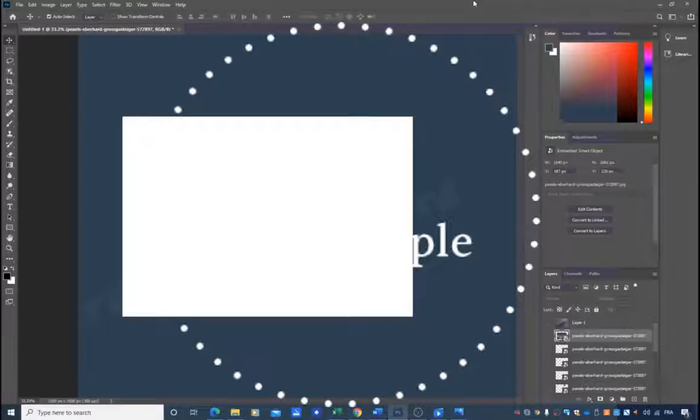So let's start. Basically, you have 2 types of layers. So you have special layers and you have normal layers. So basically, when I'm talking about special layers, those are layers with this little thing right here. So I call them special layers, but it's a smart object. Basically, it's a smart layer, as you can see the name right here. And normal layers, basically, they don't have it. So the main difference between those, well, one of the main differences is that a smart object will keep its